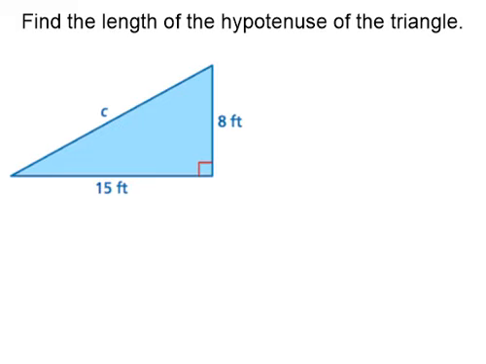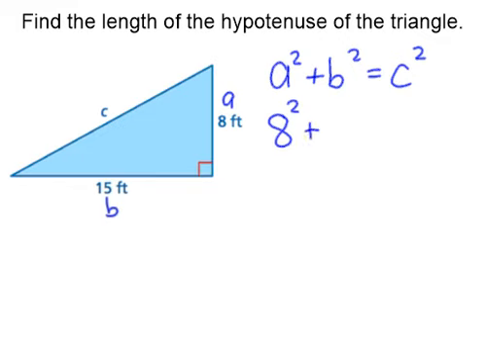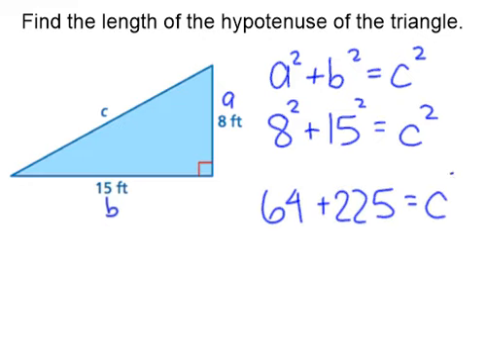All right, next one, we have side lengths. The legs are 8 and 15, so we'll start with the Pythagorean theorem. A squared plus B squared equals C squared. A is 8, B is 15, and that's going to equal C squared when you add it up. So 8 squared, 8 times 8 is 64. 15 times 15 is 225. When you add those together, you're going to get